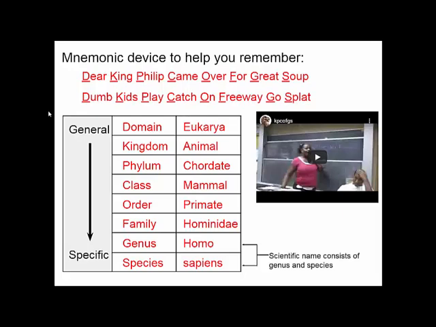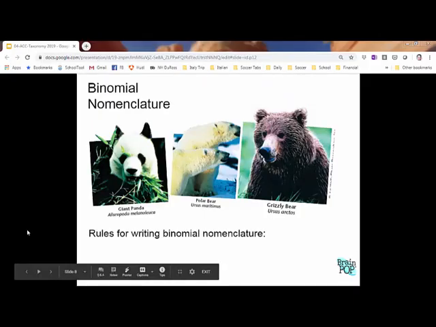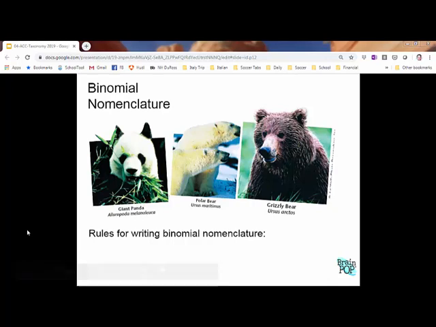All right, so let me show this video. It might help these taxonomic groups sink in a little bit. Sophia, you have a question first? The ones on the right are what genus and what order humans are in. Exactly. We already talked about all three of these bears, the panda, polar bear, grizzly bear, and you see their scientific names.